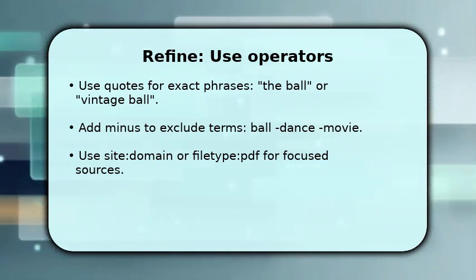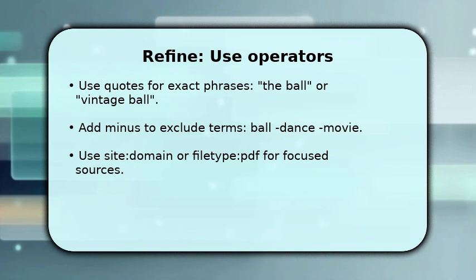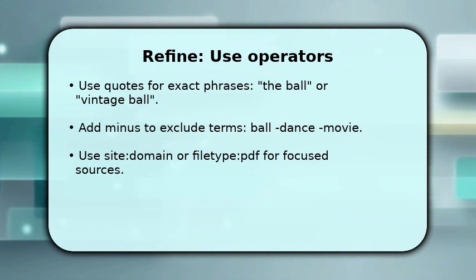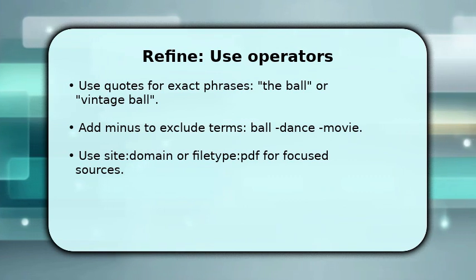Use a minus sign to exclude irrelevant meanings, for example, ball -dance -movie to remove event and film results. Once you narrow scope, try site:.museum, .org, or filetype:pdf to find authoritative write-ups or specs. Make sure to iterate. Change one operator at a time and compare results to see which combination finds the best